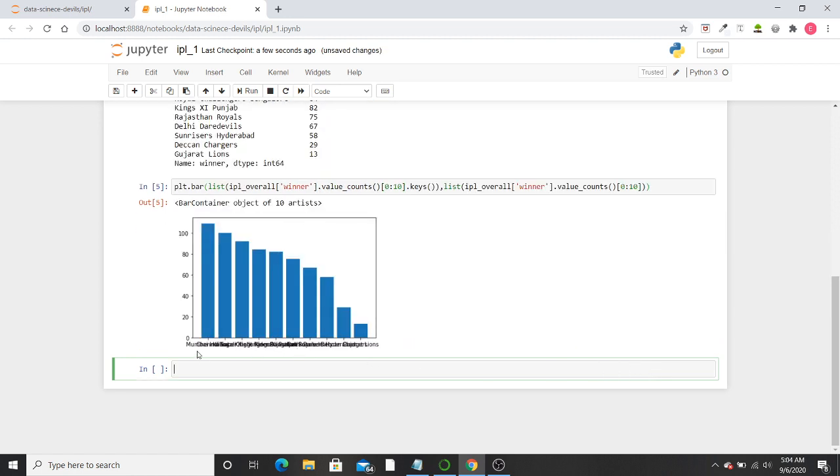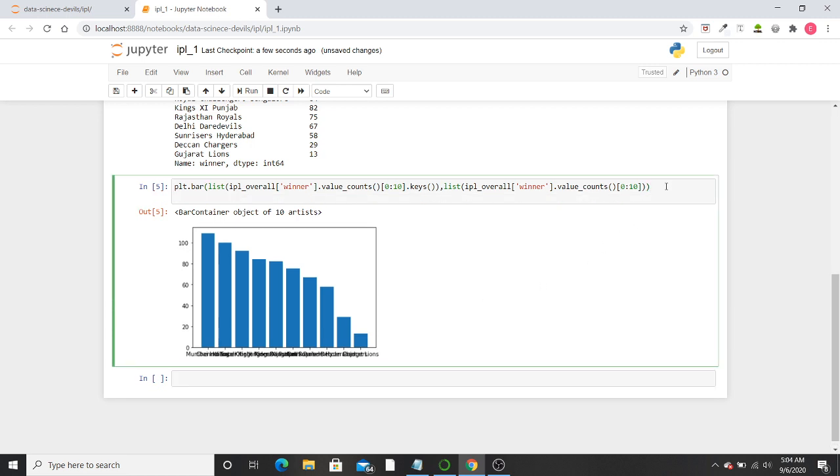Now it has plotted, but as you can see the x-axis is quite jumbled. So to clean it, I'll use a function inside matplotlib whose name is xticks. So it is plt.xticks, and what it does is rotate the names by some angle.